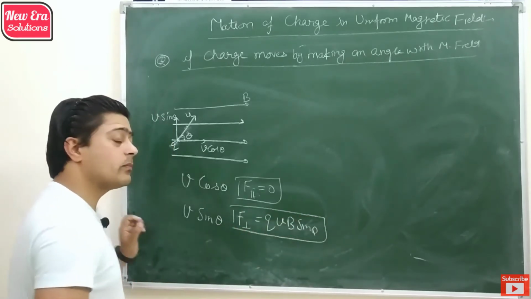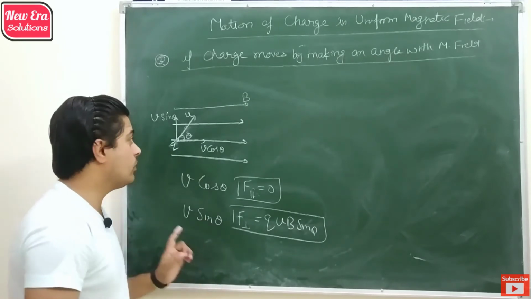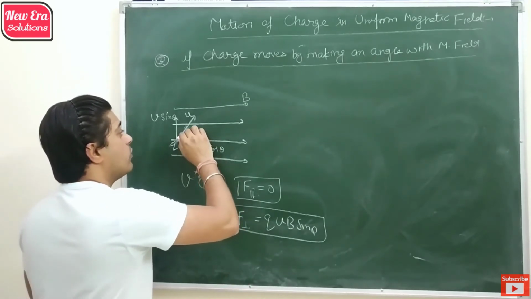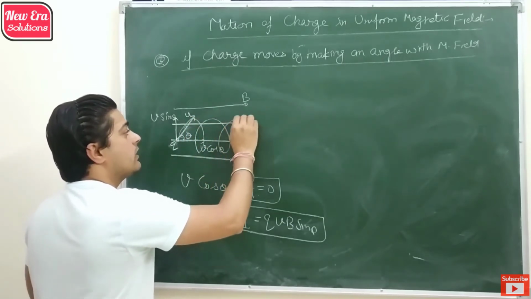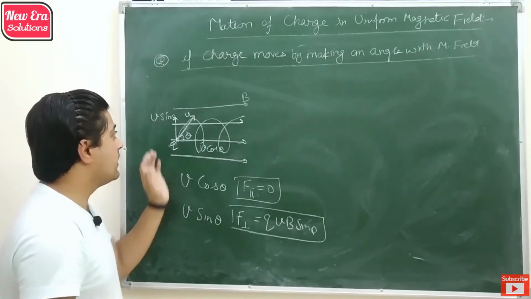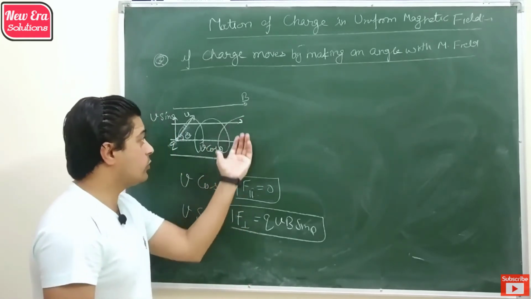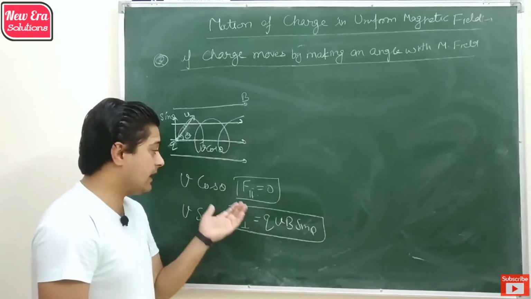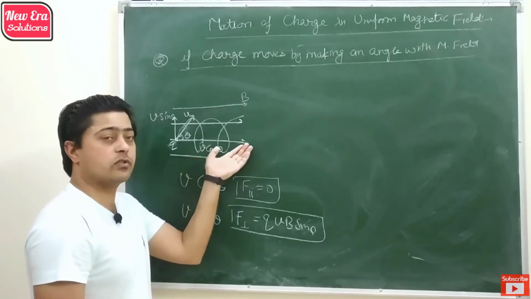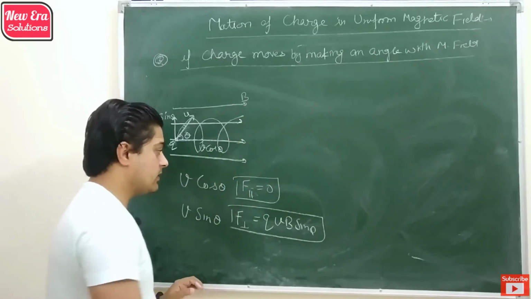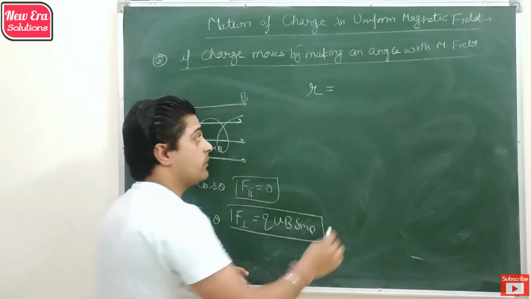Then there is a change in path of the charge due to this component only. So the charge moves in a helical path in a uniform magnetic field. V sin theta provides the magnetic force to rotate that charge, and the remaining component v cos theta tries to move that charge in the right direction. So again, the radius of the helical path is